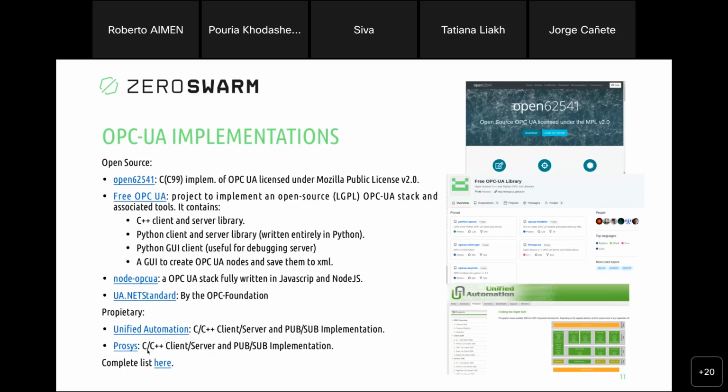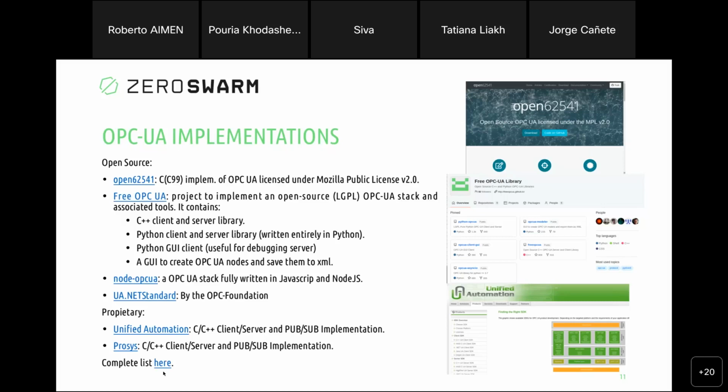So they sell you like a library, maybe it's better than the other ones, but from my point of view, after using the Open62541, I don't see any need for other library. And I put here a link of a repository with a full